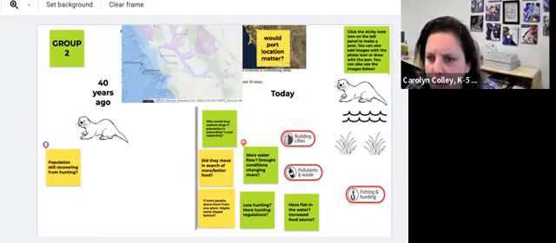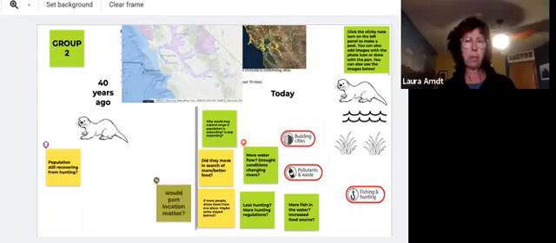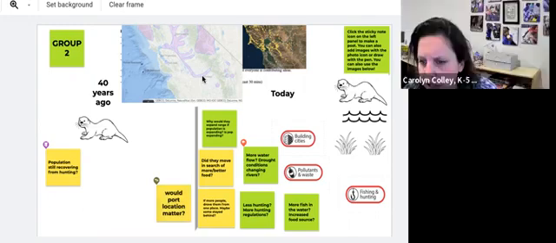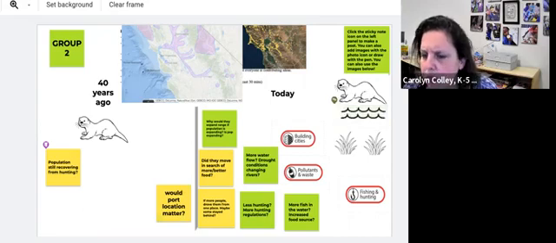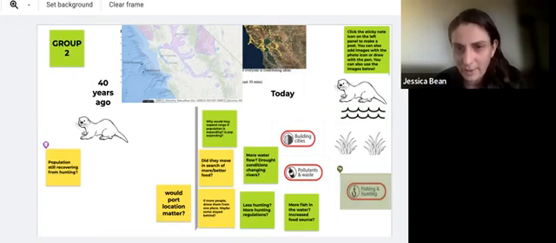Do we have, somewhere on here, water quality? We don't have it there yet, but you can add it. Quality, pollution regulations. Great. I'm going to bring everyone back now, but thank you for participating and for your awesome